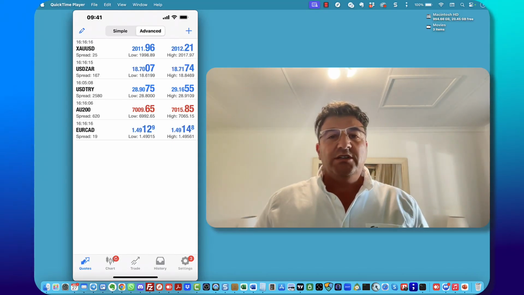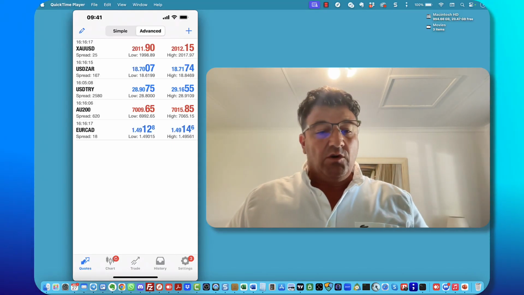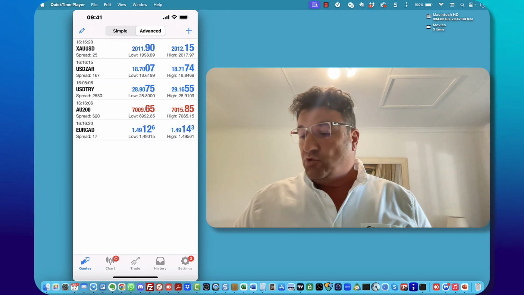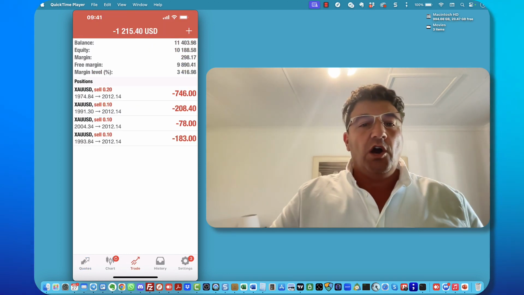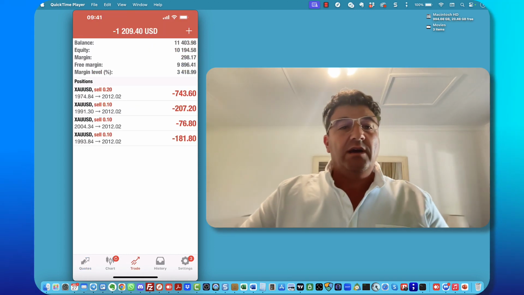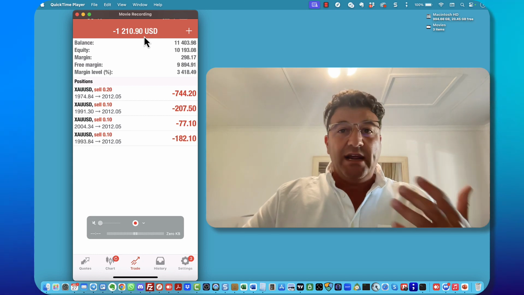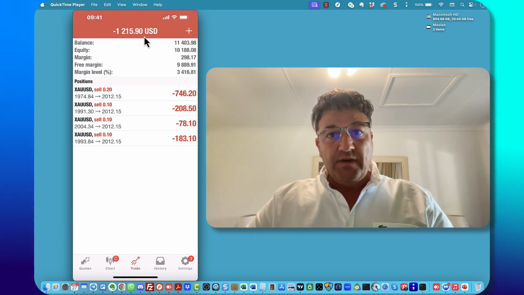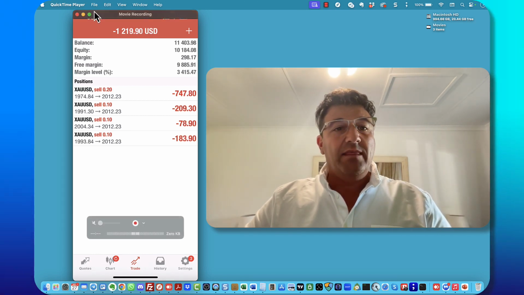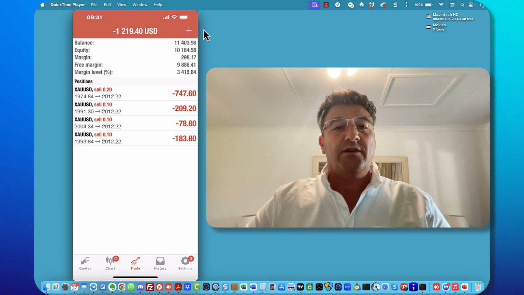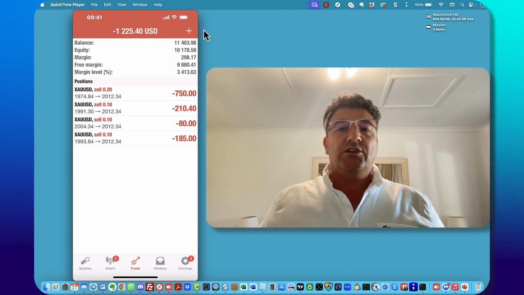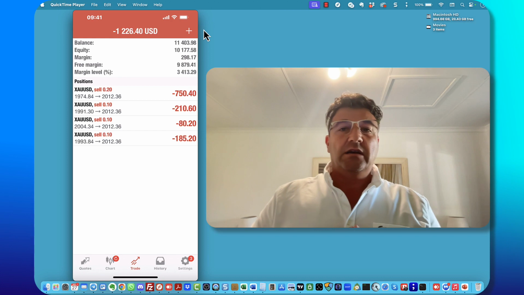Right, so I just wanted to explain to you what drawdown is, how it works, and what you can expect from drawdown. So when you start opening up trades, you're going to have a red bar over here or a blue bar. The red bar means that your trades are negative and you're not making profit yet. And when this area at the top of your MetaTrader 4 is blue, it means that your overall profit is